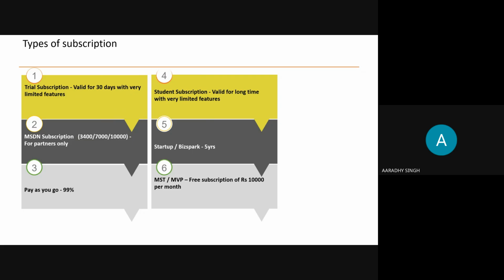If, because of your mistake, the billing has increased somehow, you can raise a ticket to Microsoft and request, "Hey, I'm a student, please waive off the amount." They may give you up to 100% waiver. Remember, if you're making the same mistake multiple times, they will not do it. But 1 or 2 times, they will help you waive whatever the amount is.